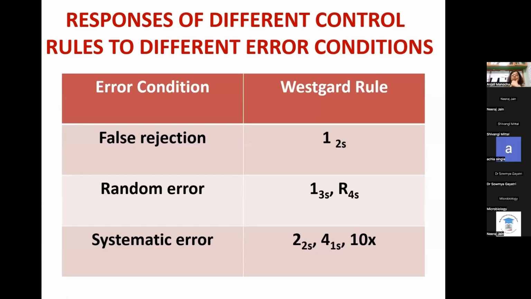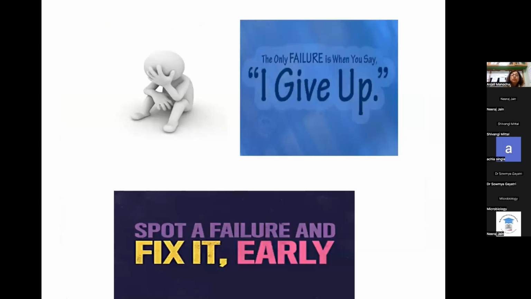So this is very important. This is how, when we see the error, we can get to know whether this is a random error or a systematic error. So when we see the errors, it's a big problem and we have to fix it, and fix it soon. We have to fix it immediately before we release reports.